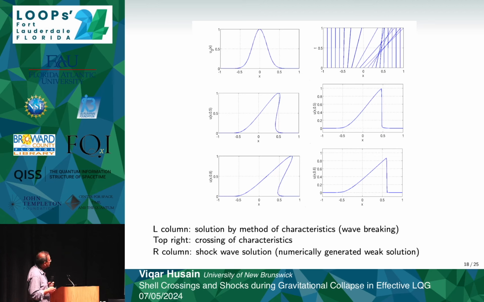Now, if you look on the right side, the right column here, this is simply a display of some of the characteristics of that equation, Burgers equation, and you can see the characteristic crossing occurring. Now, on the other two frames in the right column, what you see is the corresponding weak solution to these equations. The weak solution is a solution to the integrated form of the equations rather than the differential form of the equations, and it exhibits a shock wave. So as soon as this wave starts to break, it becomes a shock, and then it travels to the right.